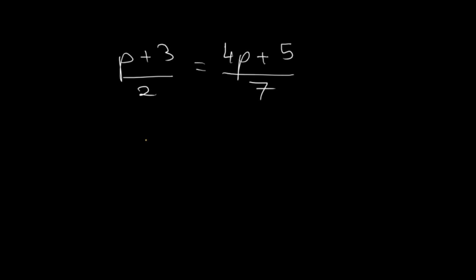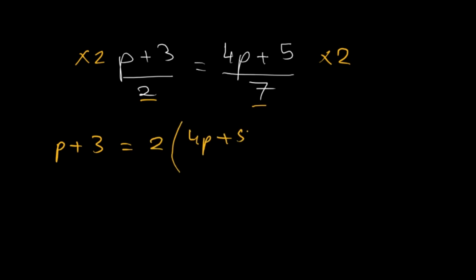Now for this one we have fractions on both sides of the equation. First of all, we're going to start from left to right. We're going to remove the denominator, starting from 2 and then 7. So times 2 on each side. Then it becomes p plus 3 equals 2